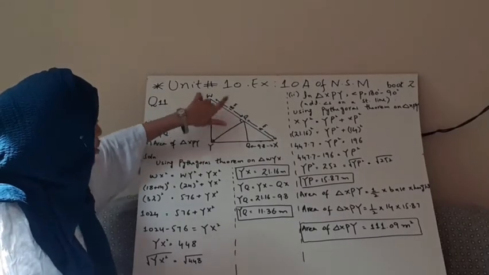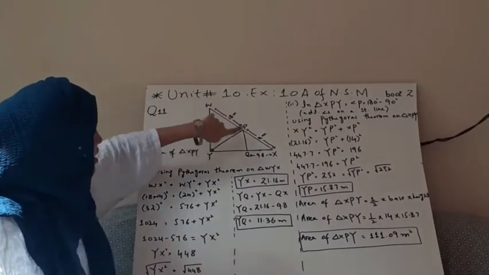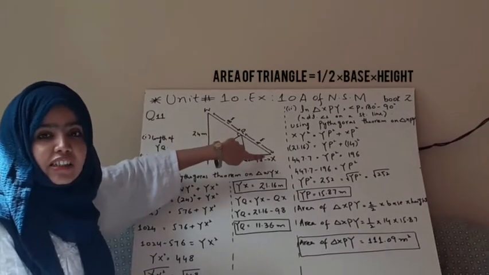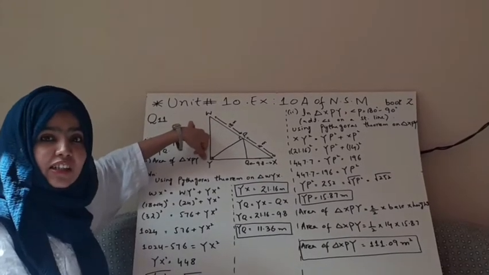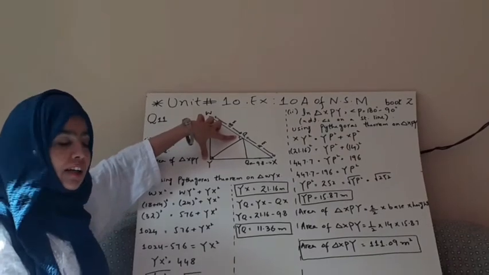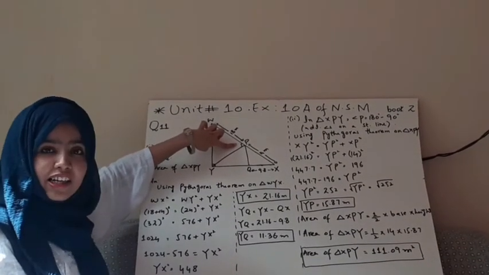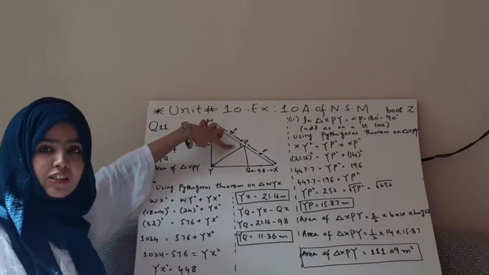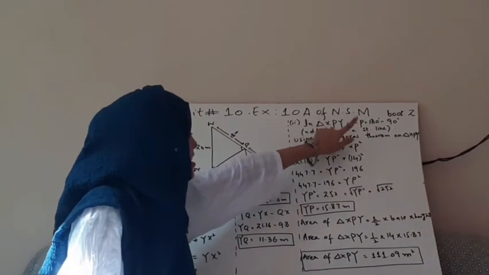For this you can see the angle is at point P, and that is the angle of a straight line. The angle of a straight line is 180 degrees, and the angle adjacent to this angle is 90 degrees. We have to use here the property of adjacent angles on a straight line, which is 180 degrees minus 90. So what will angle P be? 90 degrees.